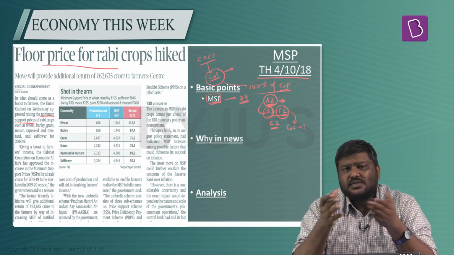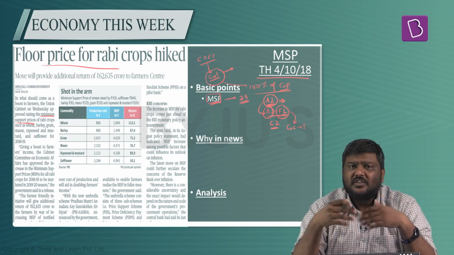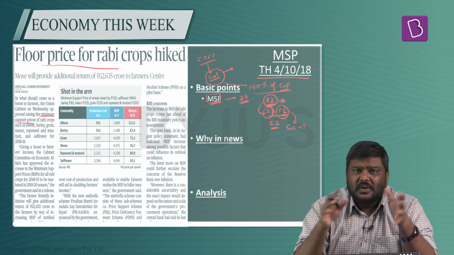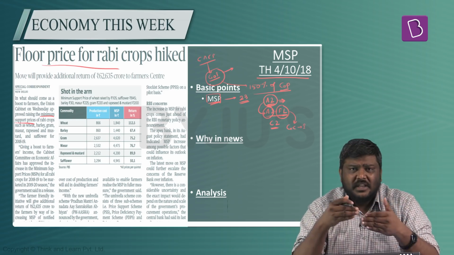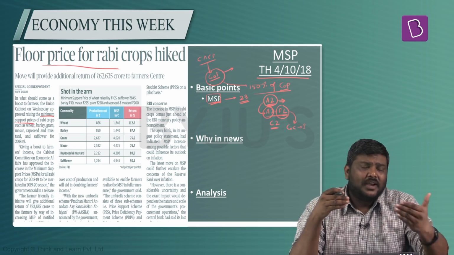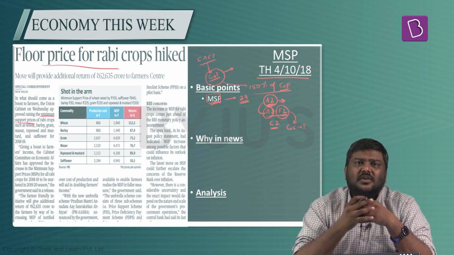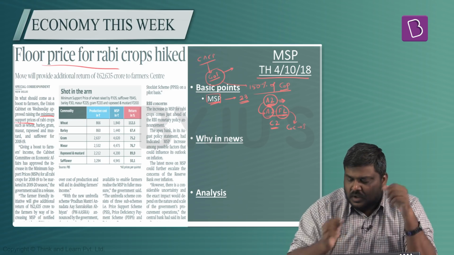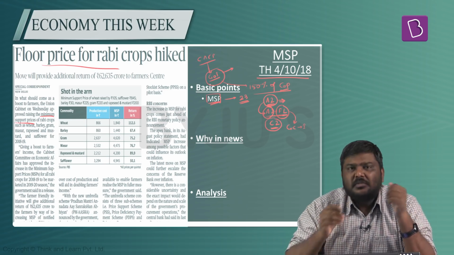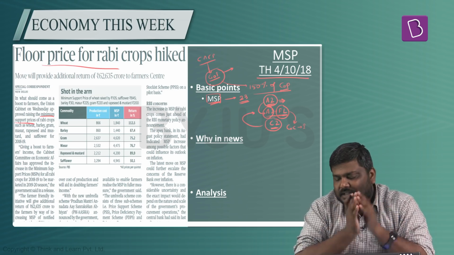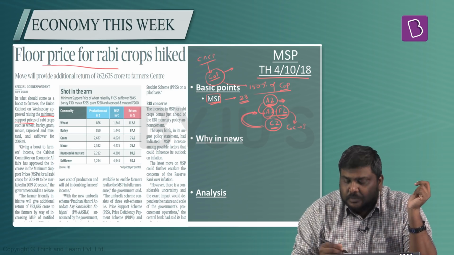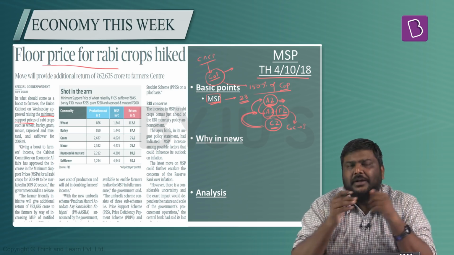That is, let's assume I've used 1 lakh rupees out of my own pocket for cultivation purposes. Whereas if I had lent this 1 lakh rupees in the market, I would have earned certain interest. So what is the opportunity cost or the cost of this kind of capital? All of it will be considered in the form of C2. In essence, you can understand that C2 will be bigger than A2 plus FL, which will be bigger than A2.